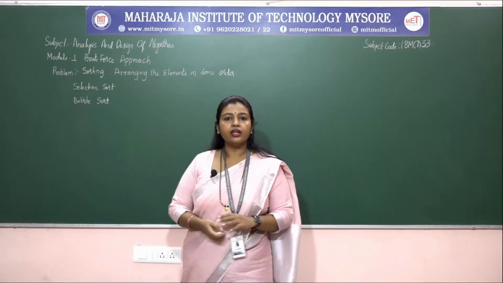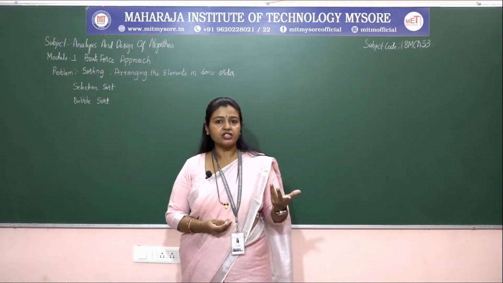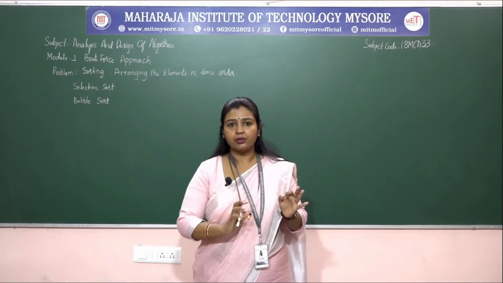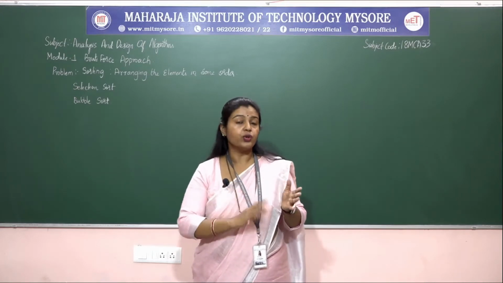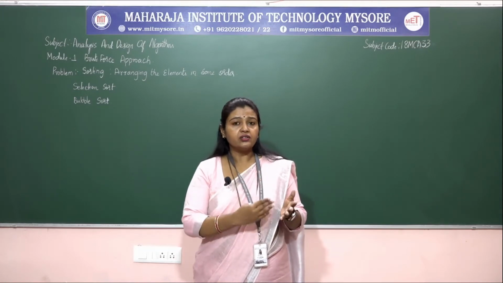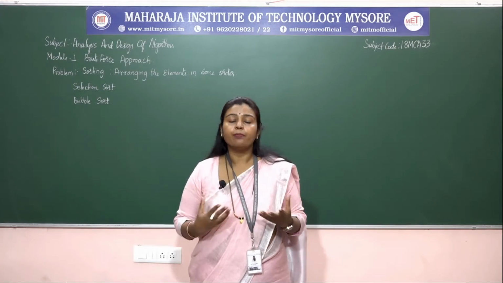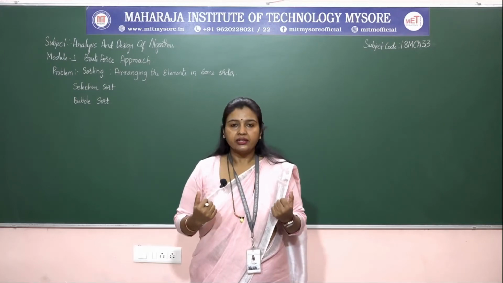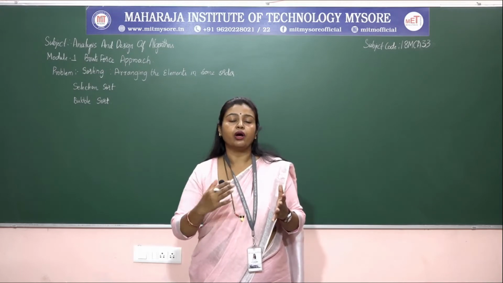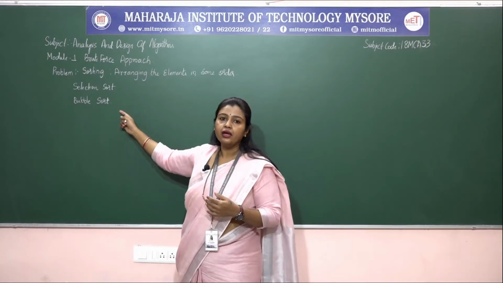And coming to the bubble sort, in this sorting algorithm also we are going to do the comparison, but here we are not going to pick up the smallest element. Instead, we are going to check the neighboring elements, and if the largest one is there, then we need to do the swapping operation. We are doing just a comparison between any two elements here. That's it. Once it is done, based on the comparison result, the action we take is the difference between the selection sort and the bubble sort.